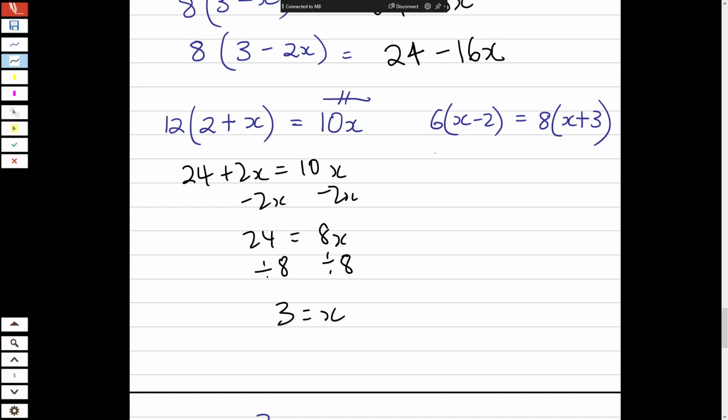6x minus. Wait. Now, if you can get this question, that's as hard as algebra will ever be in this class. Oh, really? Okay? So I promise you, it will never be any harder than this over the next 2 years. It'll look different, but algebraically, nothing harder than this. So, if I give you this question and I ask you to solve the equation, what should we do? What would your strategy be? 6 times x and 6 times